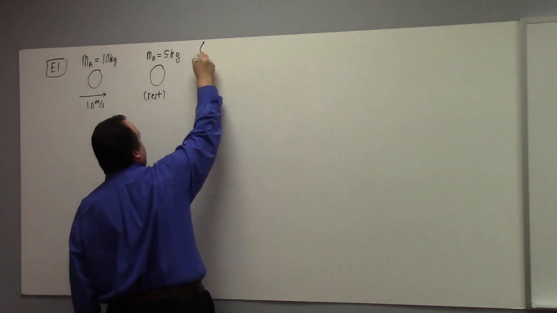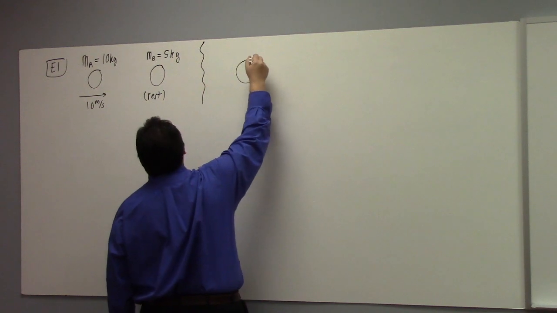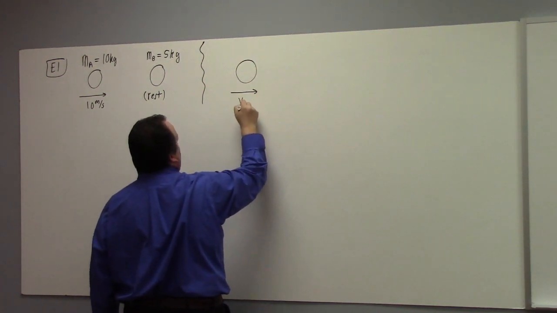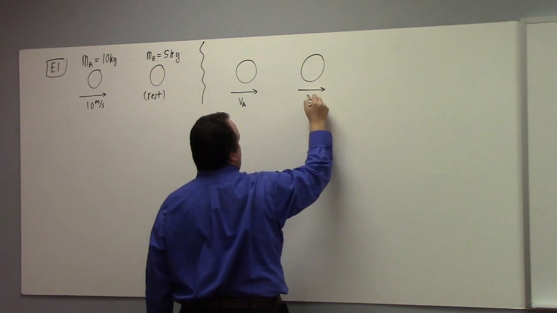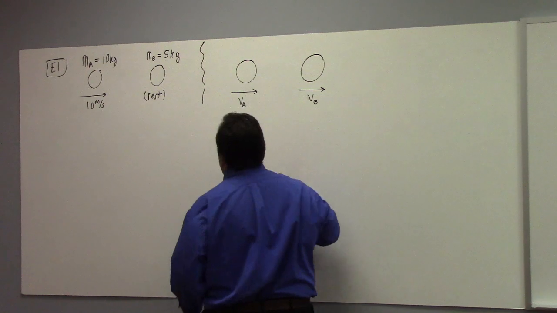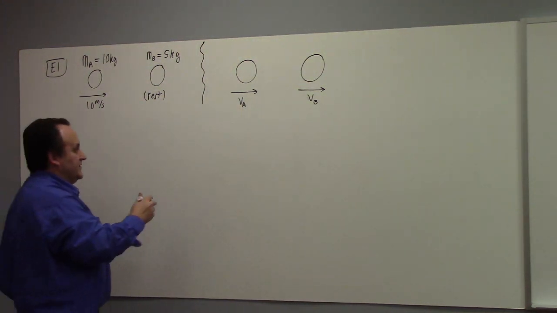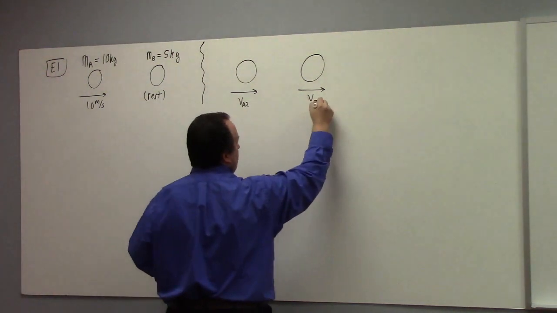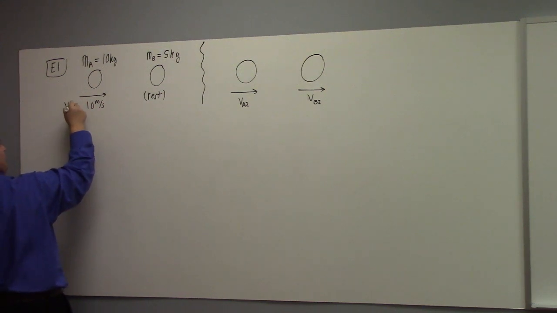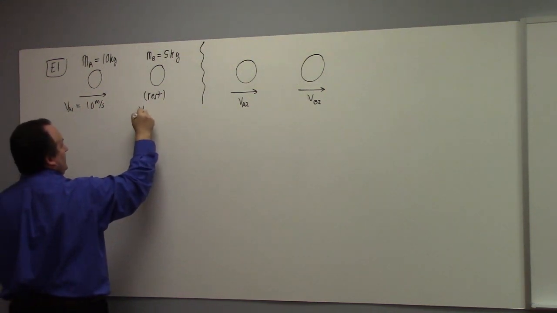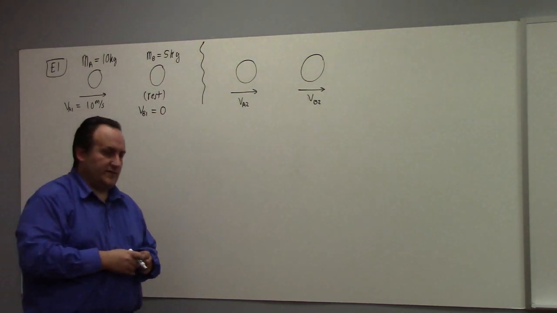And then I said afterwards, they collide, and you've got V, the velocity for A, and the velocity for B, and we are trying to figure out how that went. All right. So I guess I could call this 2 and 2, and over here in my language from last time, VA1 is 10 meters per second, VB1 is 0.